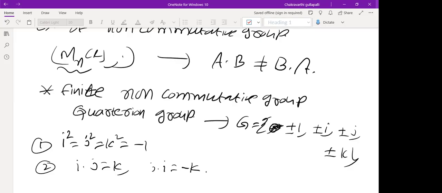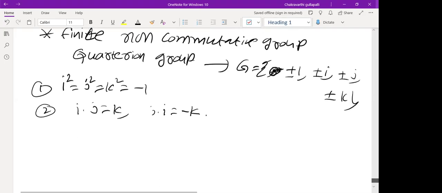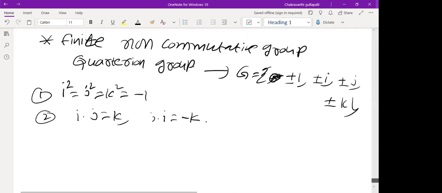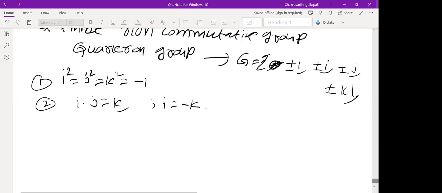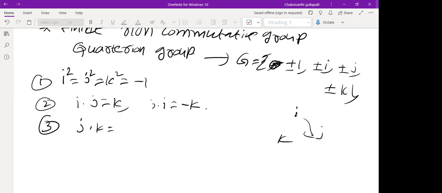They are like the cross product of vector calculus. I cross J is K, J cross I is minus K. But here we don't use cross, we use dot. It is like that, but they are not our vector calculus vectors. You can easily remember: going in the clockwise direction, plus; anti-clockwise direction, minus. I into J is K, J into I is minus K, J into K is I,